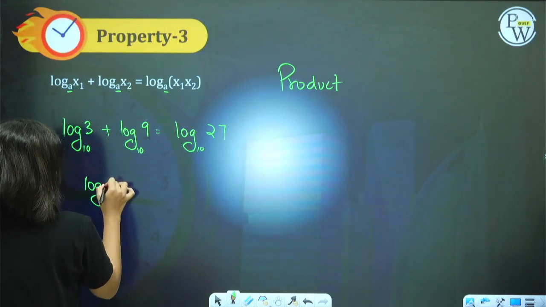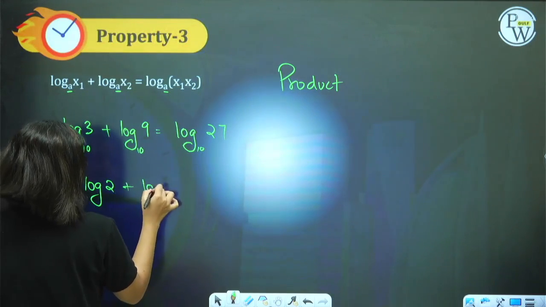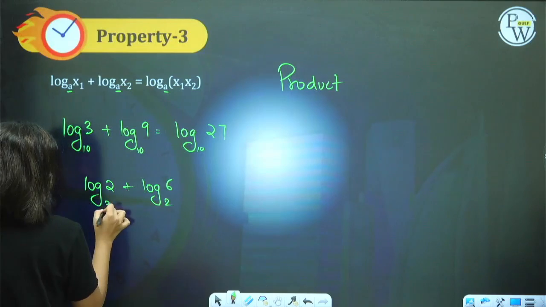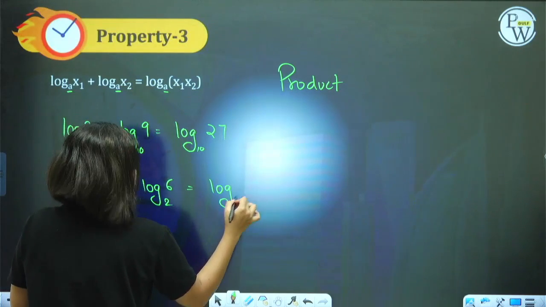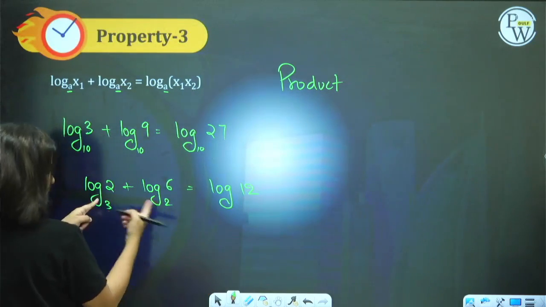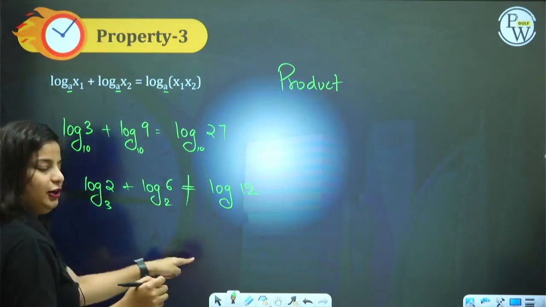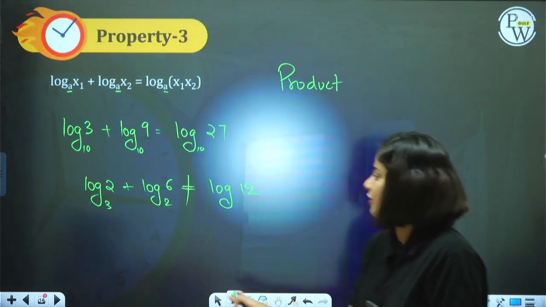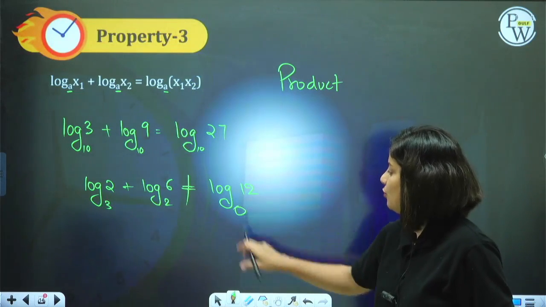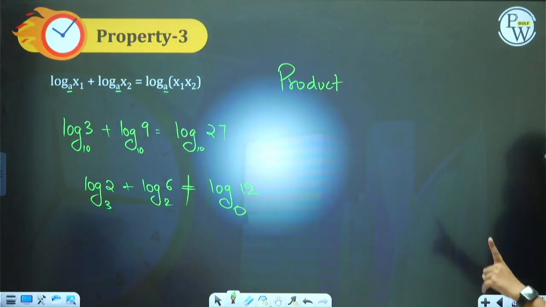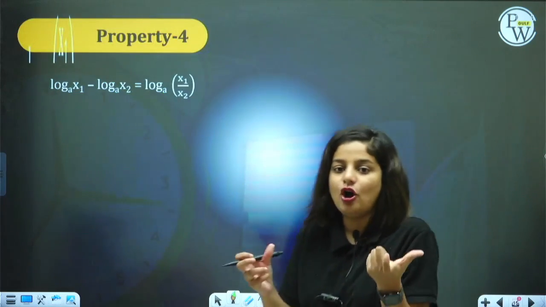Log 2 to the base 2 plus log 6 to the base 3. Will it be equal to log of 12? No, it cannot be, because the bases are different. 3 and 2 are different bases, so we cannot apply the product law. We don't know what the base here will be. So it is only applicable when the bases are the same. Addition of log converts into